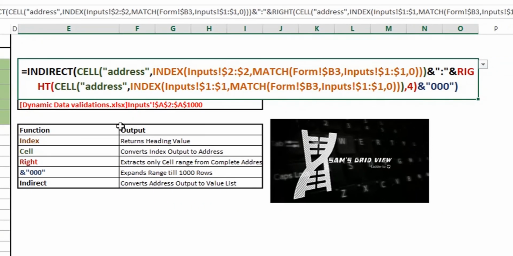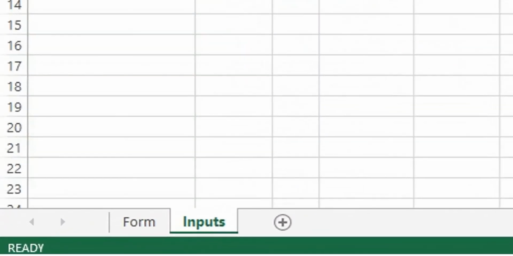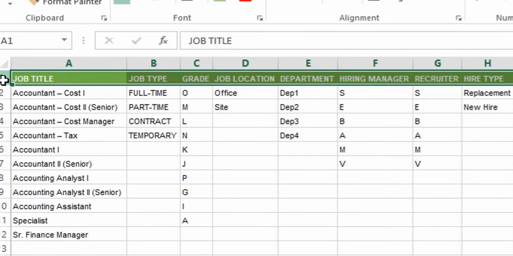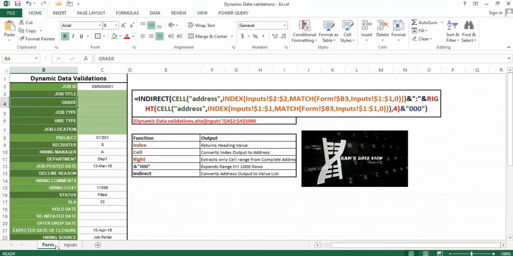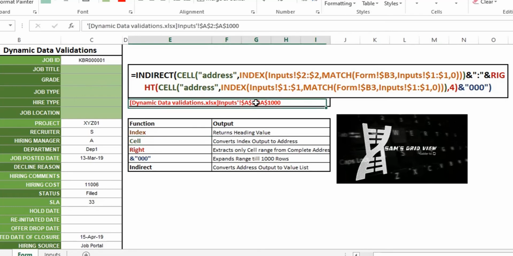The components which I have used within this INDIRECT formula are INDEX and CELL. What INDEX does is search for my header within this range. Within 1:1, my INDEX formula will search and give me an output saying whether it's there or not. In turn, the next formula I mentioned here, CELL, will change that particular value to an address, and it will say that this is going to be our address. This will be the first part of my output. This will give me A2, meaning your particular header is in the A2 cell. Yes, you have found it.